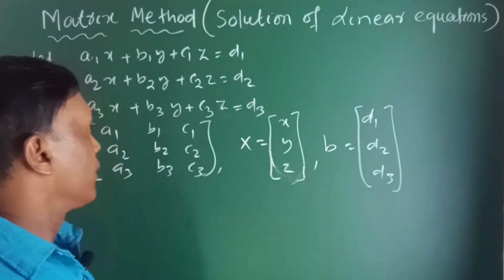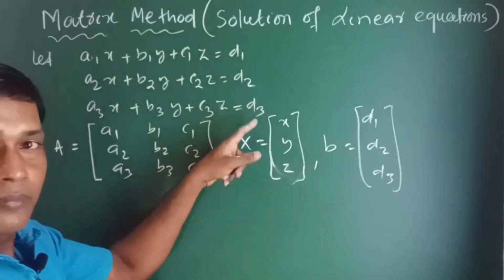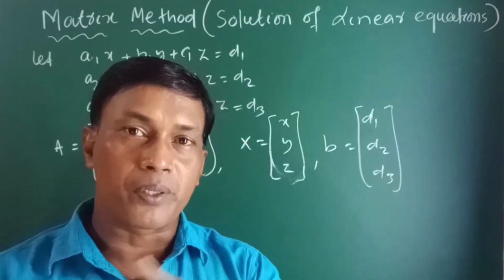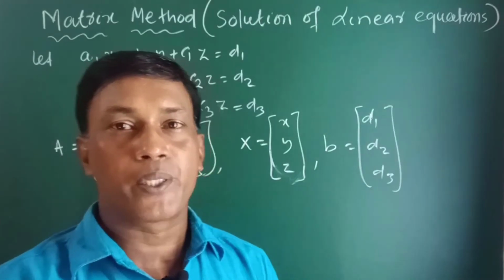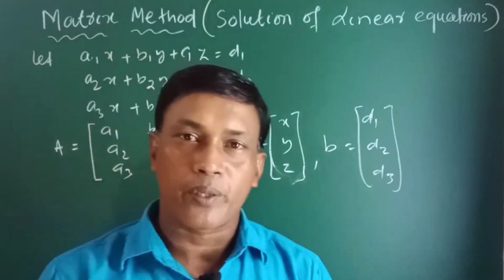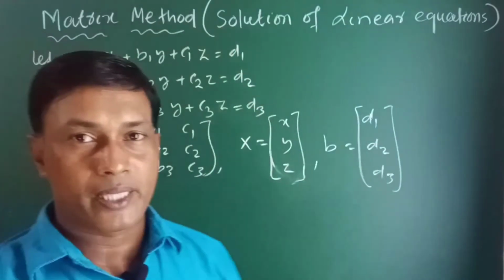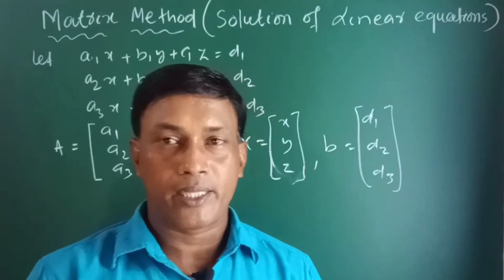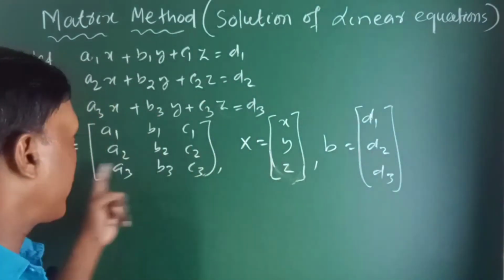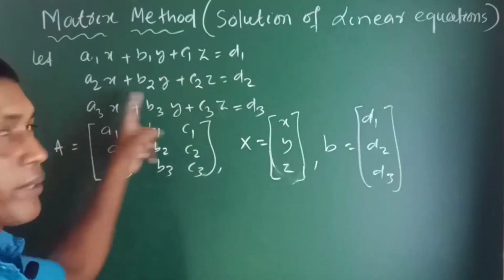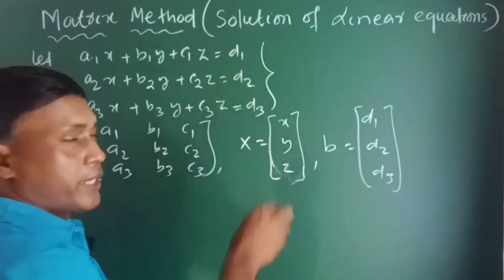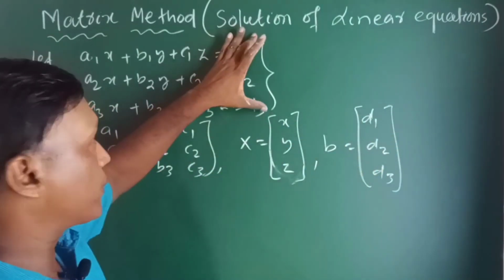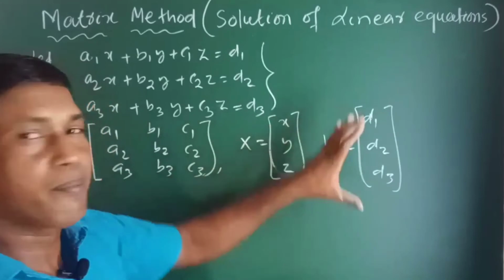Look here. This is the equation form and this is the matrix form. One important question: you are given 3 equations and the question is to write them in matrix form. How can we write the system of equations in matrix form? You will be given a system of equations and asked to write it in matrix form. This is the matrix representation and this is the equation representation. This equation can be written like this in matrix form.